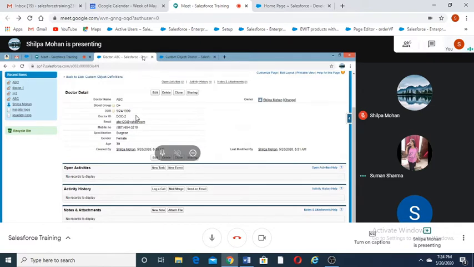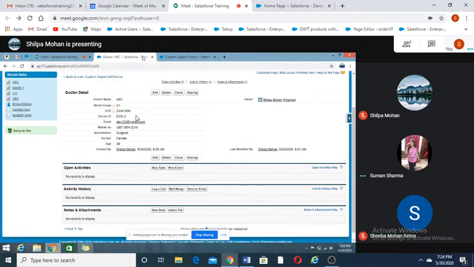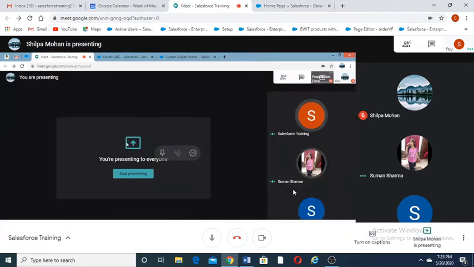So now I want to explain about lookup relationship and master detail relationship. Okay, so I'll share my screen for that.